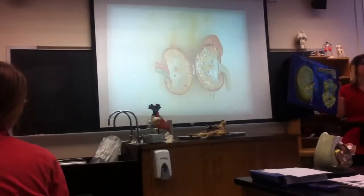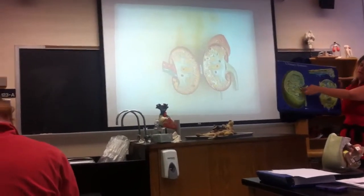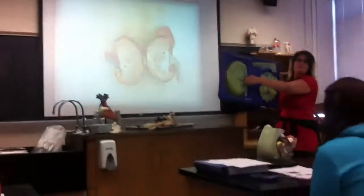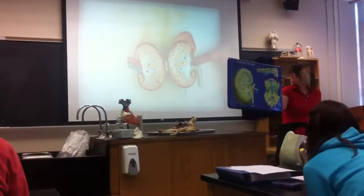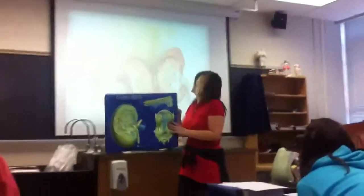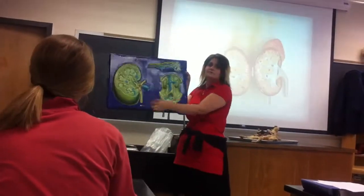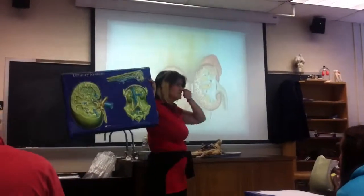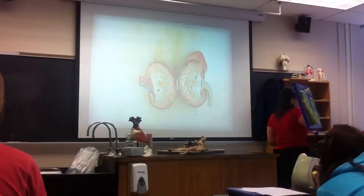Now where all of these branches come together, that's the trunk of the tree, right? Or the trunk of the shrub. And it'd be this little pit right here, number 24, and that's the renal pelvis. And on this one, it's number 11, it'd be the renal pelvis. Renal pelvis. And then you have this tube that exits from the kidney, that's the ureter. And you can see it on the model there, I think it's number 12, this little gray tube leaving, it's the ureter. So now let's talk about